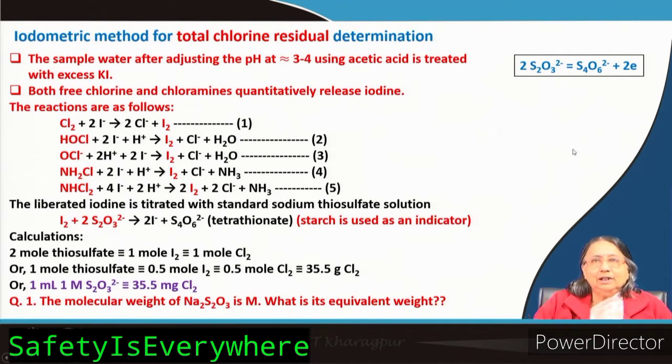Actually, you see, I am giving the answer. Molecular weight and equivalent weight will be the same, because here 2 electrons are involved. So, per 1 electron what is the amount, that is the equivalent weight. So, per 2 electrons 2 moles, so 1 electron 1 mole. So, molecular weight and equivalent weight are the same. But when I give this in the lab viva, most of the students cannot answer properly. They write m by 2, somebody writes m by 4, like this, 2m. So, this is the thing.